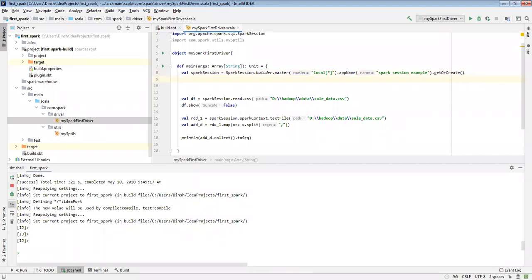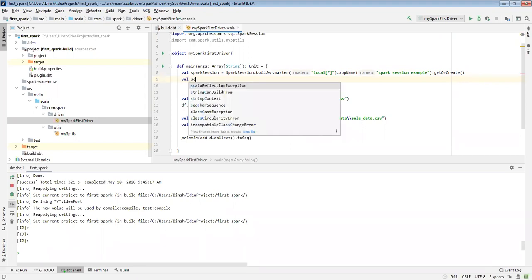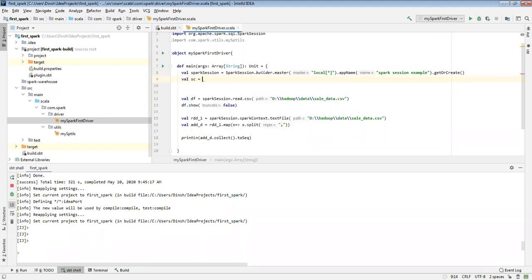Now how to create a Spark context? The same way, I'll give sc. In earlier versions before 2.0, the Spark context had a similar syntax to create. But after 2.0, we don't need to create a Spark context separately, because the Spark session itself contains the Spark context.